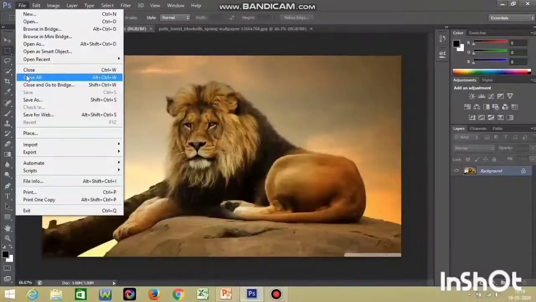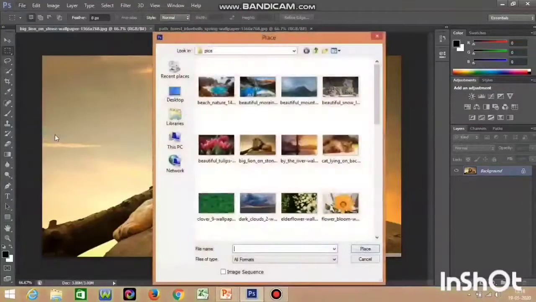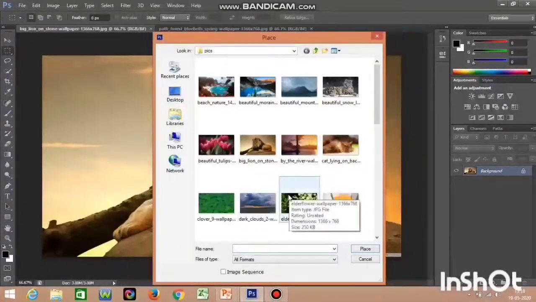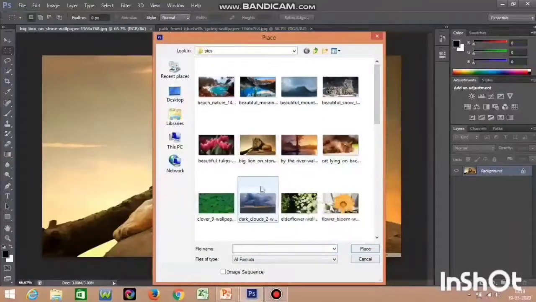So for example, we already have a JPG image, so if I want to insert another image of some other format, you can see here the type is by default all formats. So all the formats, let that be PNG or JPG, whichever format it is, the images will appear over here, or whichever location in your system you have saved, all those images will be available, and then you just have to choose and insert.